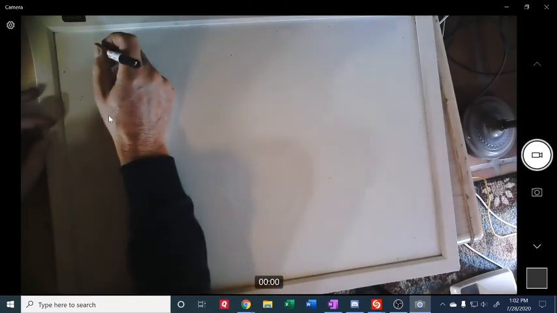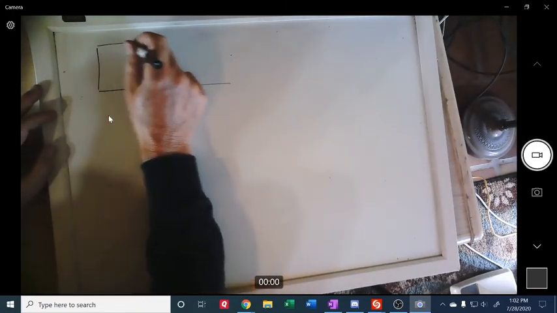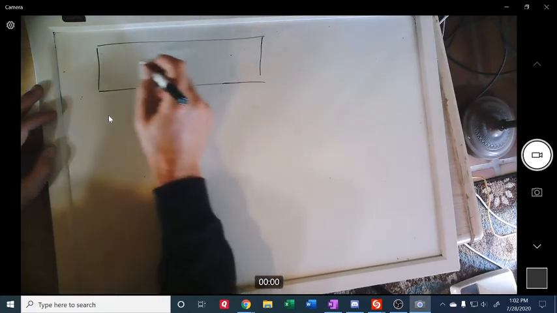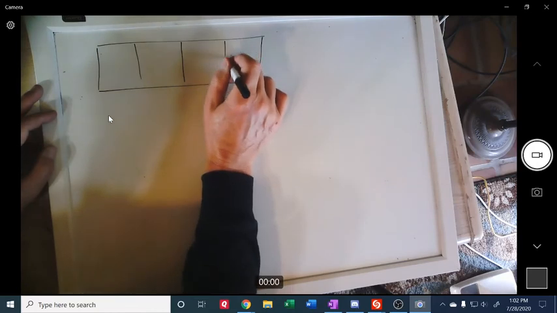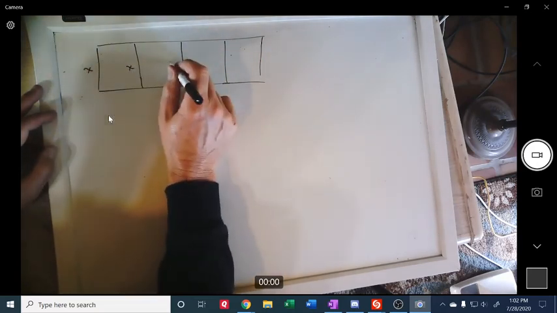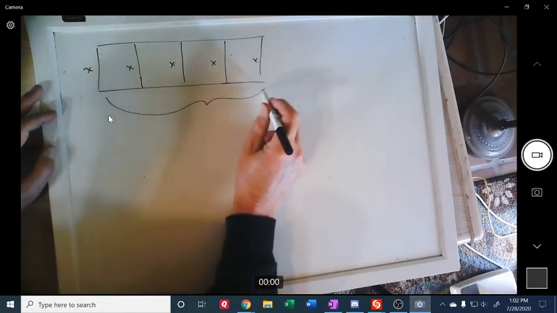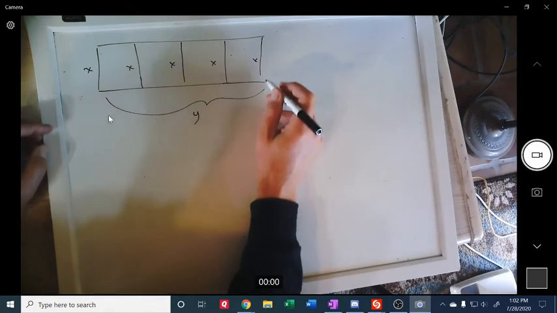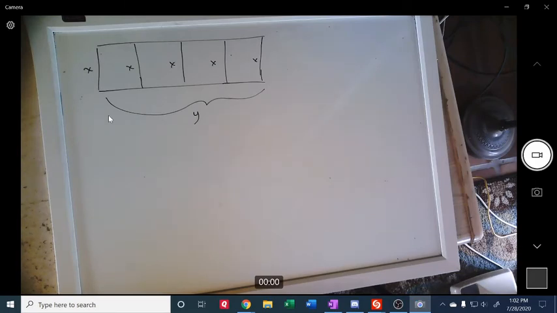So we have our picture. Cut it in half, cut each of these in half for the 4 regions. We call this X. Calling all of this Y. Alright. So in a more formal sense, for a calculus way to solve these problems,